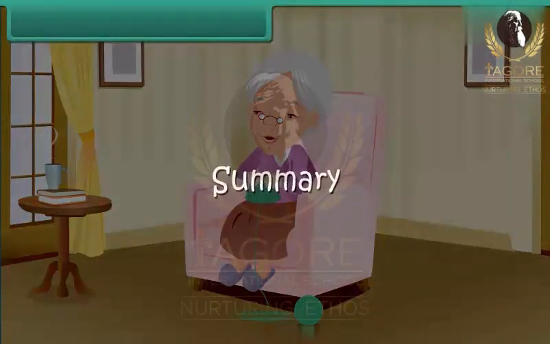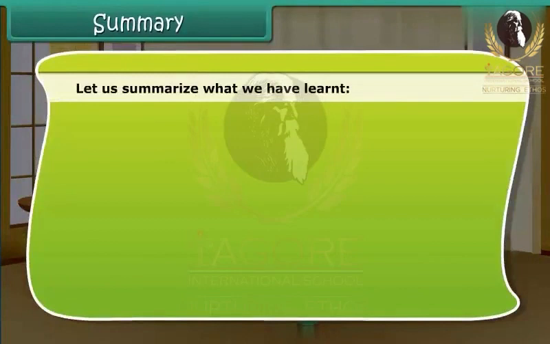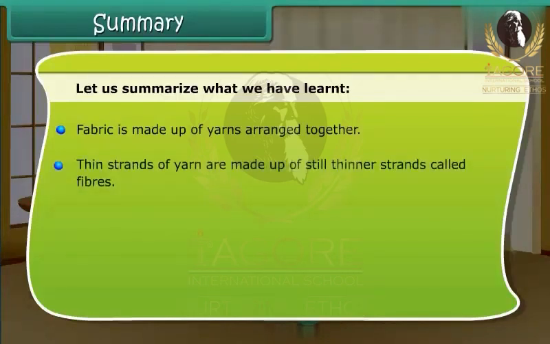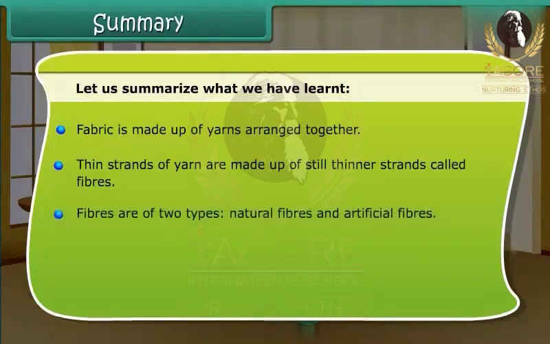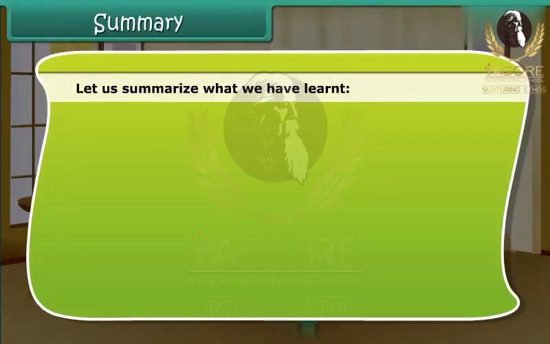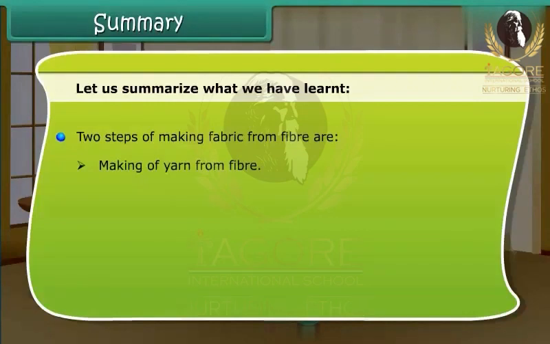Summary. Let us summarize what we have learned. Fabric is made up of yarns arranged together. Thin strands of yarn are made up of still thinner strands called fibers. Fibers are of two types: natural fibers and artificial fibers. Cotton and jute fibers are obtained from cotton and jute plants respectively. Two steps of making fabric from fiber are: 1. Making of yarn from fiber. 2. Making of